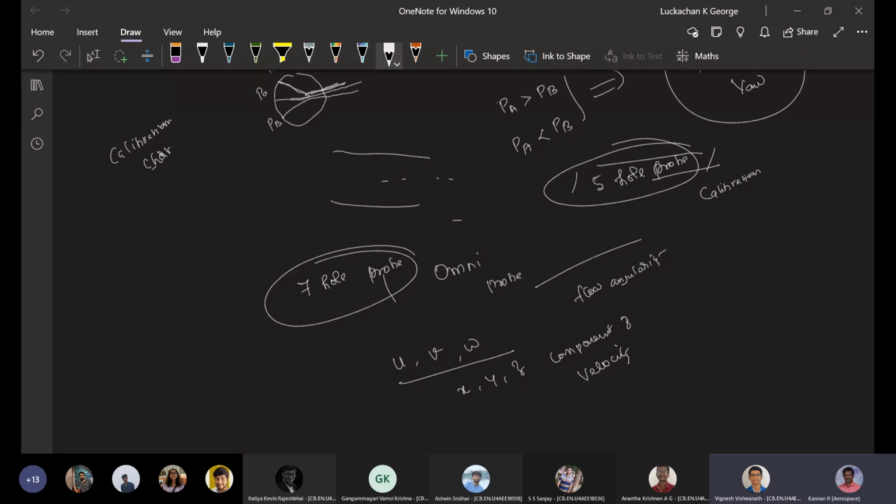Any questions, sir? Sir, the 5-hole and 7-hole probes, are they also pitot tubes? We can't say that. The central hole will be there, and that is for the pitot purpose. Like in the 3-hole probe, that is going to measure the pitot pressure, that is, the stagnation pressure or total pressure. Everything in the central hole. You can measure the P naught, and with reference to that, if it is a 5-hole probe, another 4 holes will be there. Using how the values are changing, they are going to get the U, V, W components of velocity.